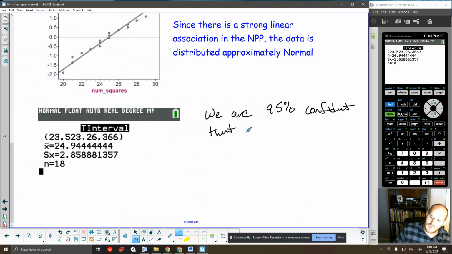So for the interest of time, I'm just going to say mu, but when you're actually writing this, you would fill that full written explanation out, is captured by the interval